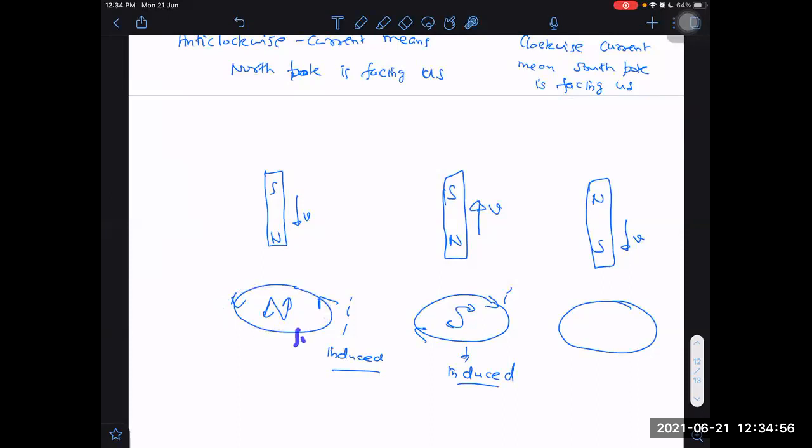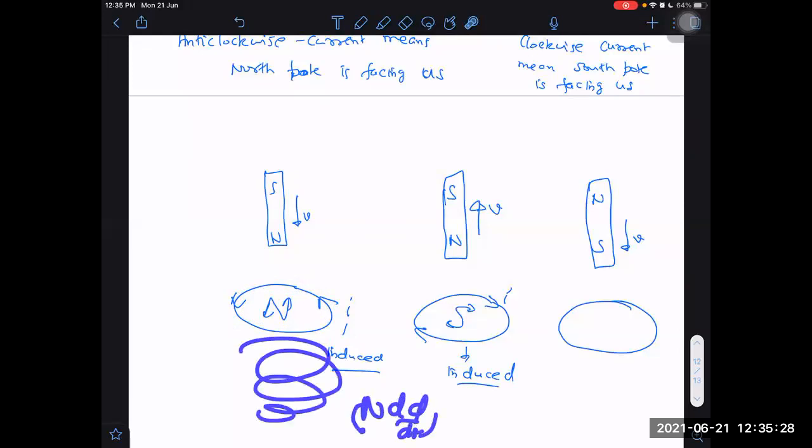Without any battery, the current is produced just because we are taking a magnet and bringing it closer to the loop, or taking it away from the loop. We can make a bulb glow also. But in order to do that, a single wire will not be enough, because the EMF induced in a single wire will not be sufficient to glow the bulb. What I need to do is take several turns. On each turn, there will be a rate of change of flux. For 2 turns, double the rate of change of flux. For 3 turns, 3 times. For N turns, what will it be? N into d phi by dt. So EMF will be N into d phi by dt.